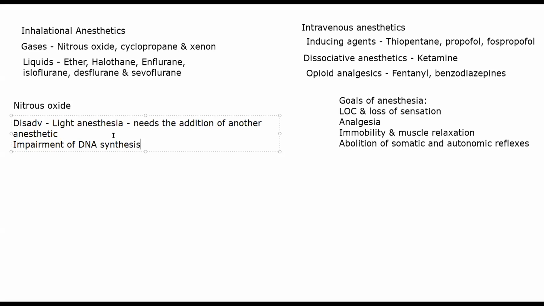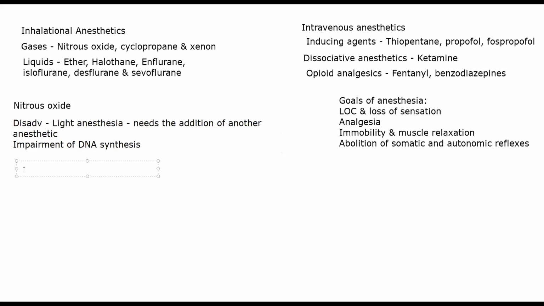Another thing it will do is depress bone marrow. Upon repeated use, it will depress bone marrow, so your immune system will take a hit a little bit, right? Now, coming to the next one, generally nitrous oxide is used with 30% oxygen. You use 30% oxygen in the gas along with nitrous oxide when giving an anesthesia.